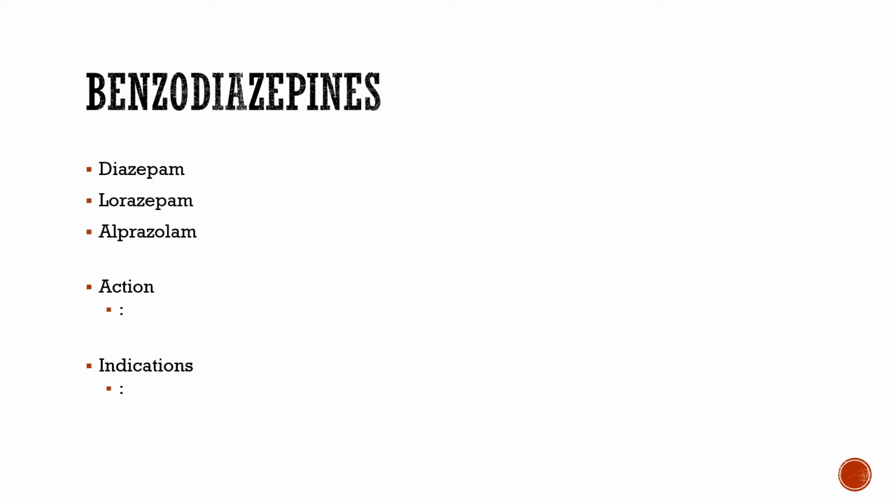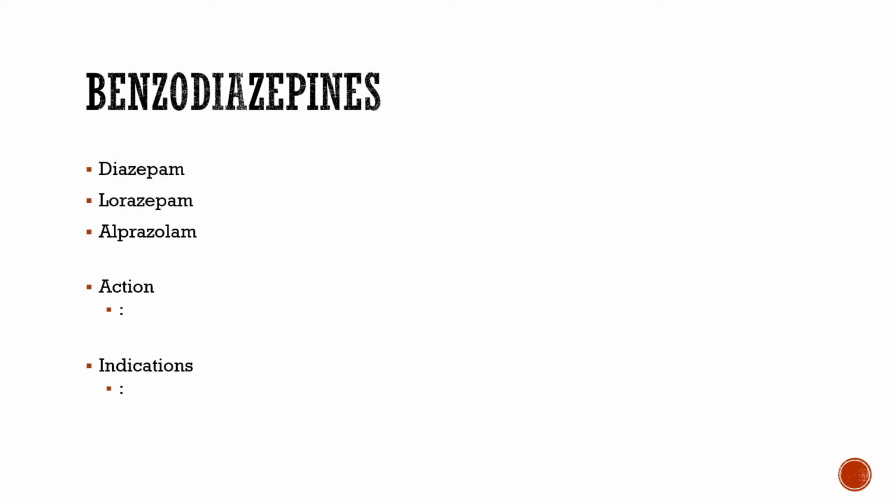The go-to medicine. There are other medicines we'll talk about when we get to seizures that you can use for status, but they're usually used after you give the dose of Valium or diazepam or lorazepam or whatever the benzo is that the doctor likes to use. Usually it's diazepam or lorazepam. Those are the ones I've classically used. And there's different ways to give those.